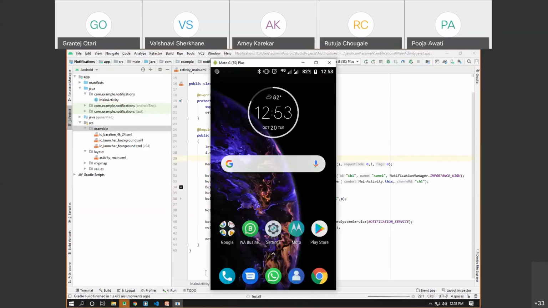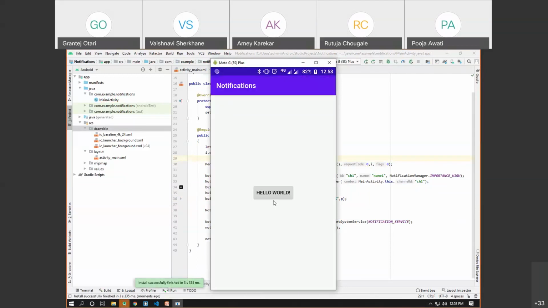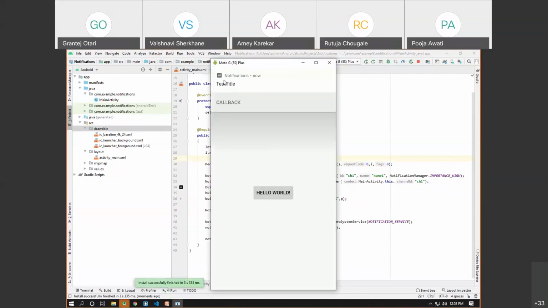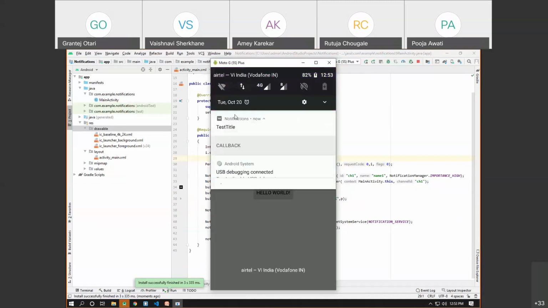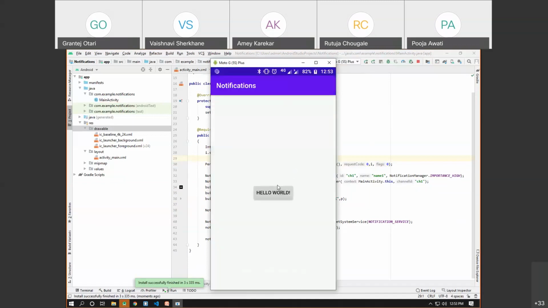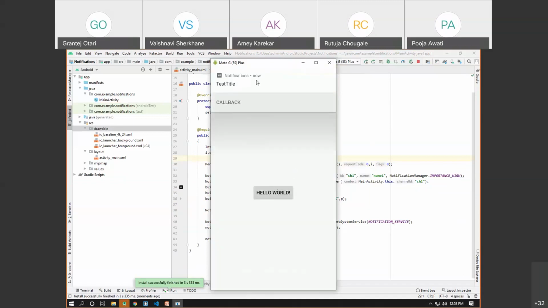Now once you do that, simply execute your app again. And if you click here, you can see you are getting the small icon, the notification, the name of the app, then the current timestamp along with the name.